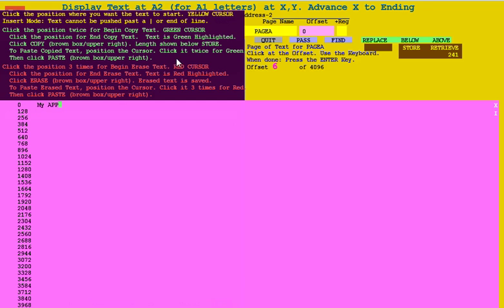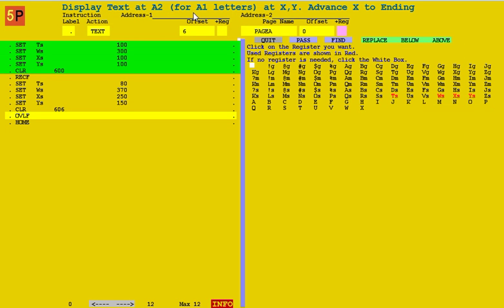Now when I end here, I have to have the cursor sitting at where my text starts. Right now it's after it ended. So I'm going to click where it starts, and then I'm going to say OK. Now it says I'm going to show text 6 letters starting in page A, offset 0, which is the beginning